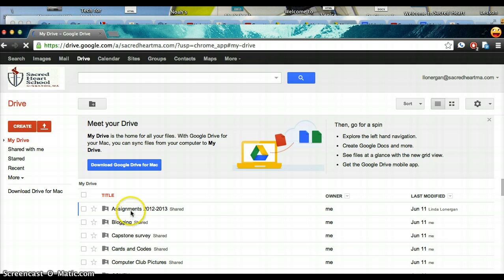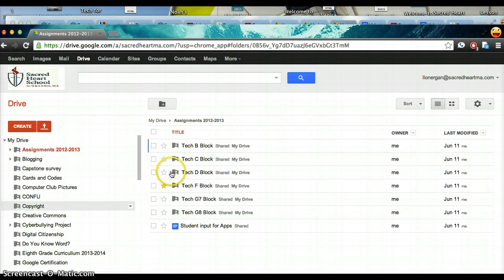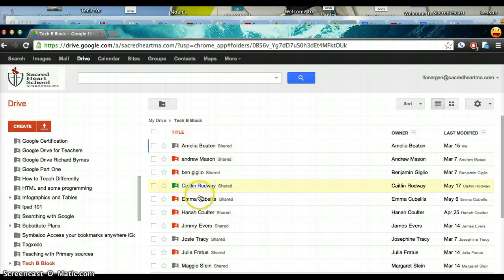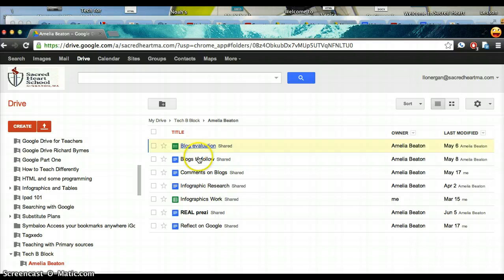Okay, so I had the assignment folder. And when I click on the assignment folder, see how I had each class? And that was a shared folder. See, it was shared? And I click on the class, and each student had put in their folder. And then when I clicked on their folders, I could see their work. Very important you have them label and title their work properly so that you can see that they've done the work. And then you could click on it,